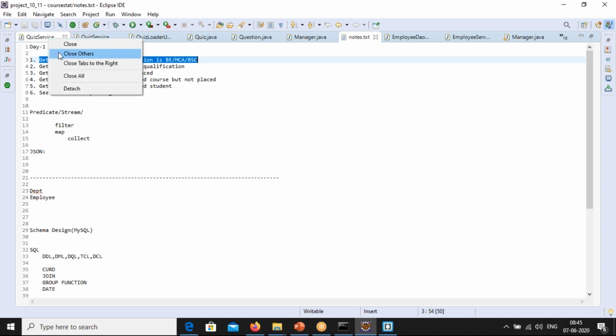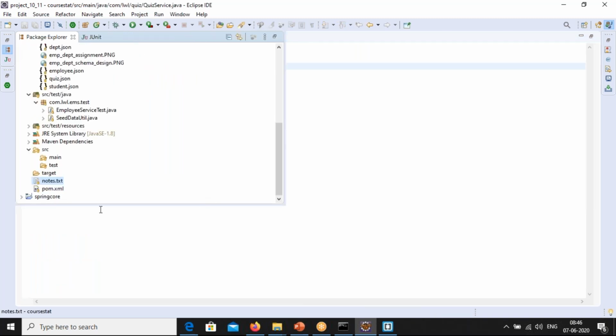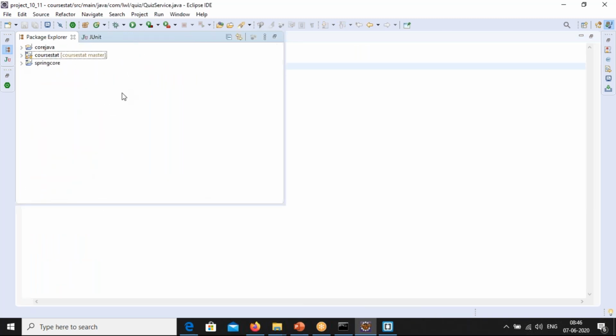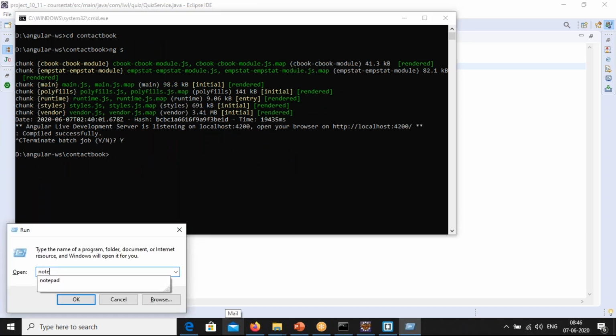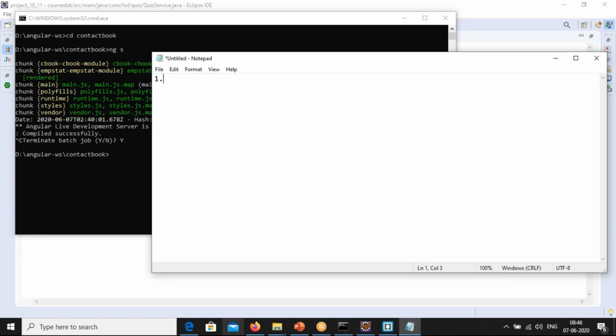In the first class, when you are introduced to core Java, I will not open Eclipse and show you some code. The first thing is we need to ensure whether our development environment is ready or not. As a Java developer, the first thing we check is whether the JDK is installed or not.